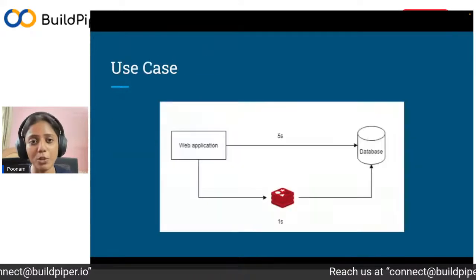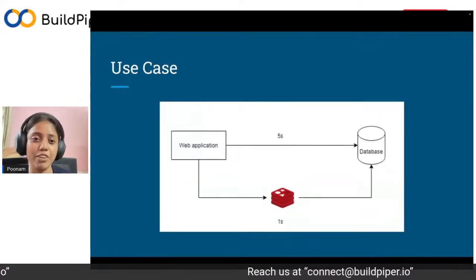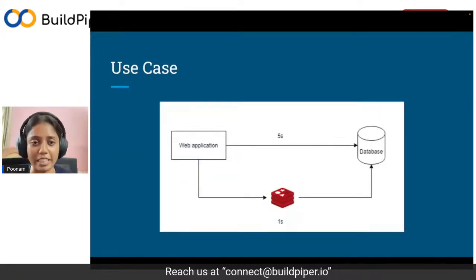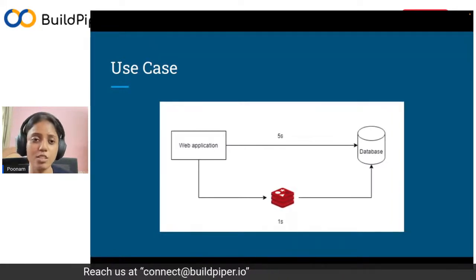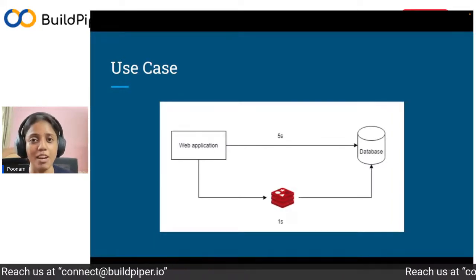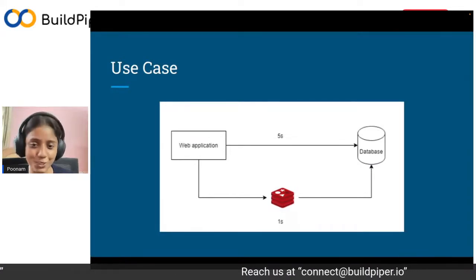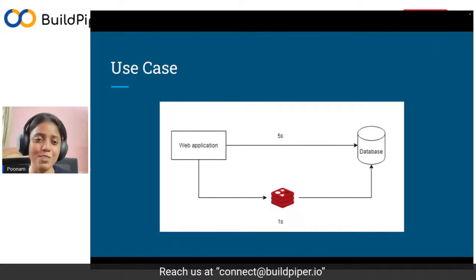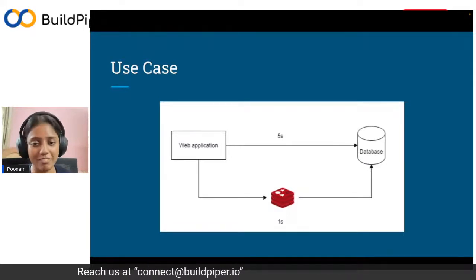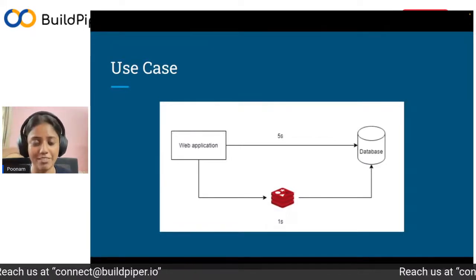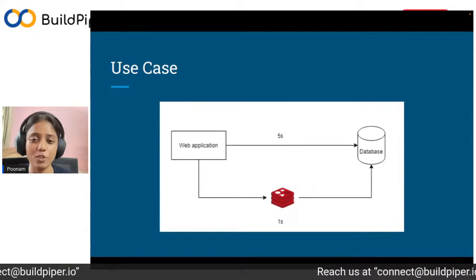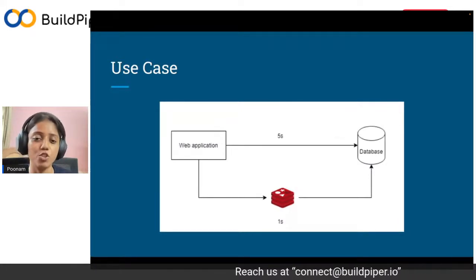We'll look at a use case of Redis, like where you need Redis in your application. Suppose you have a web application. Let's consider Netflix as an example. Everyone uses Netflix, so you might be aware of it. Whenever you log into Netflix, you get a homepage with recommendations based on your browsing history and the genre you watch.